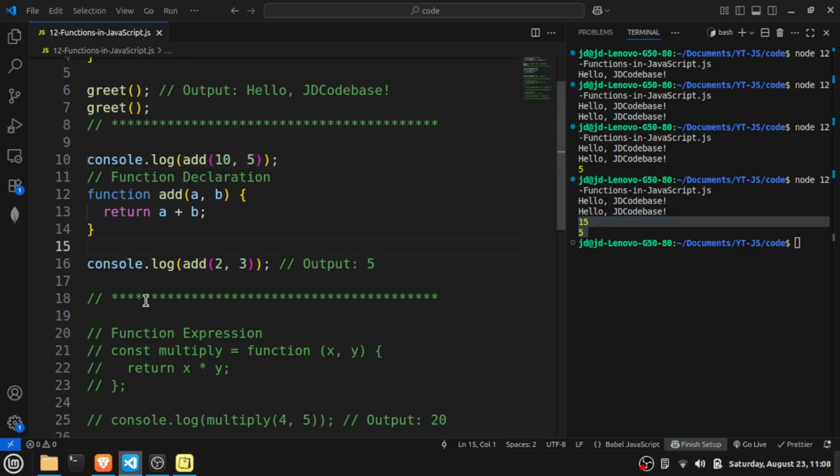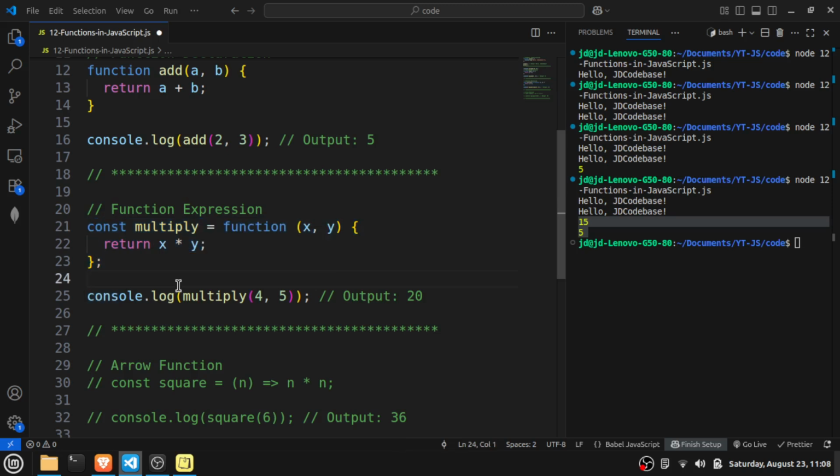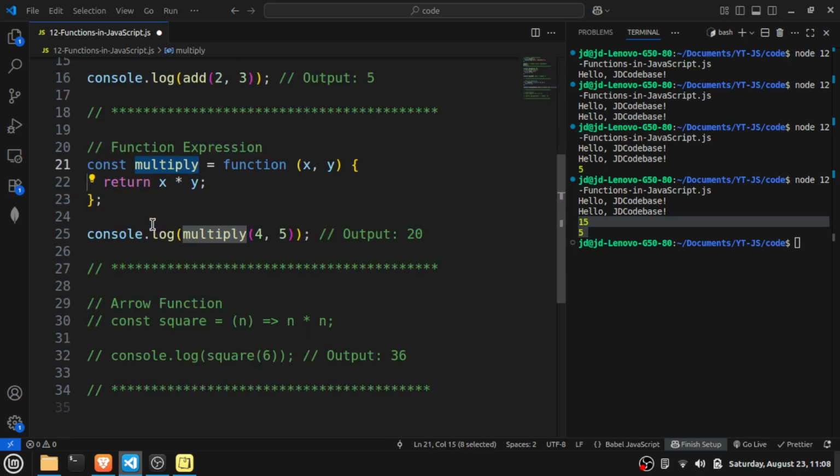Now next is the function expression. Another way to create a function is by storing it inside a variable. Here, const multiply is a variable name and we are declaring a function inside this variable. This is called a function expression. The difference here is that function expressions are not hoisted, so you cannot call them before